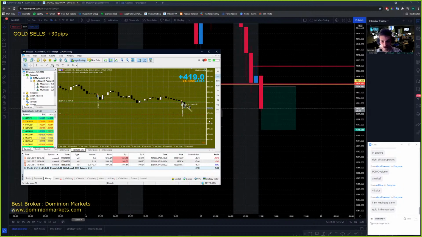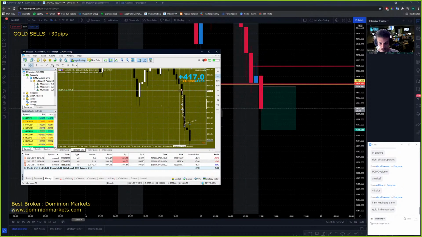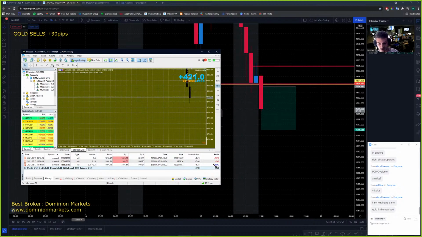Yeah, here you can see what I did. Basically closed at 10 pips because it happened in 1 minute. I closed 50% at 10, 50% at 15, and then another 50% at 30 over here. And now the rest can go straight to TP. And yeah, these were the losses in